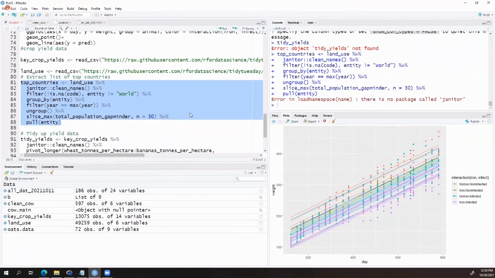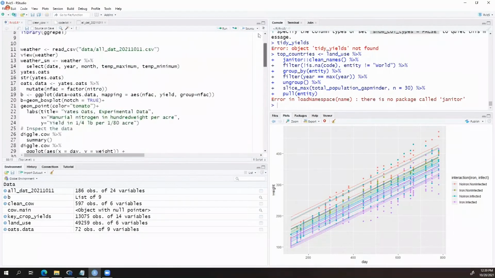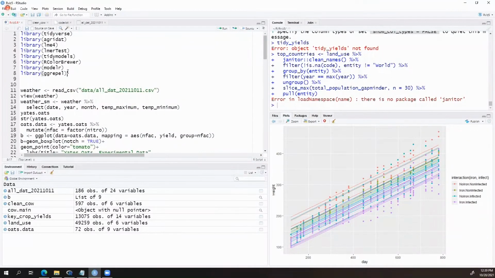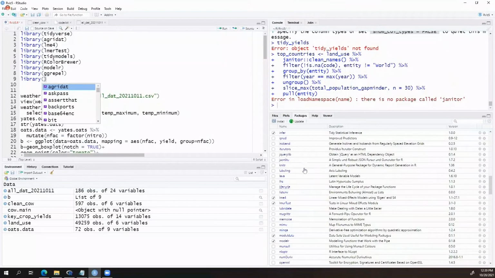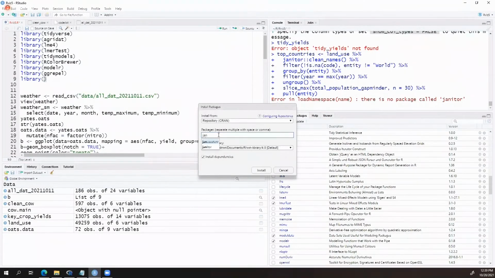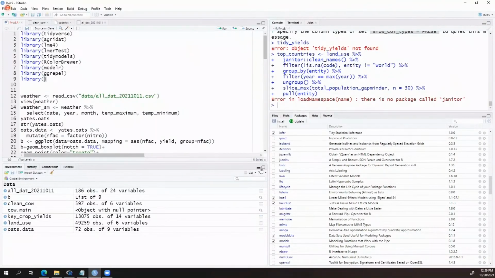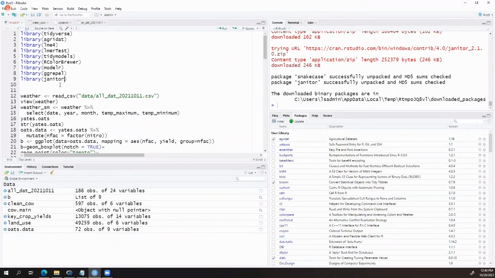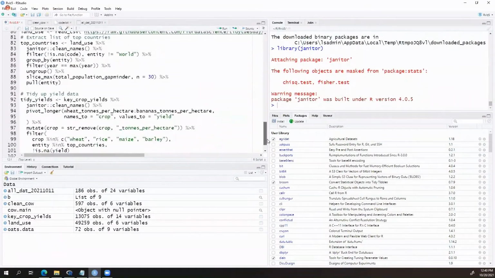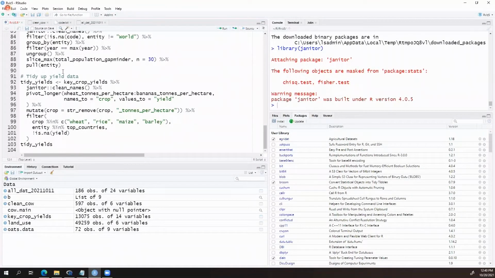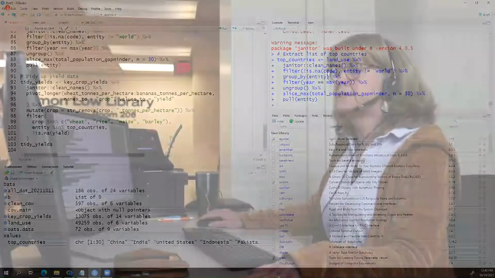Oh, I left out the janitor package. Okay, and then the next one, we create tidy yields as another object, so that we can use that.